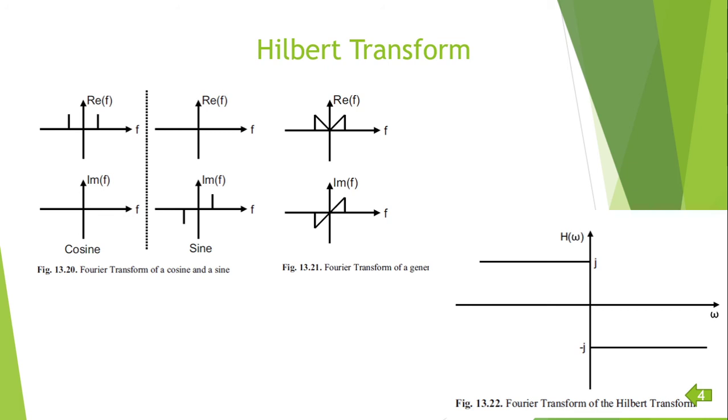The cosine to sine and sine to minus cosine mapping by the Hilbert transform also applies to all the harmonics of any type of time domain signal. So let me summarize. The Hilbert transform shifts the phase of all harmonics of any type of time domain signal by 90 degree. That is, it acts as a 90 degree phase shifter for all harmonics. We'll see the